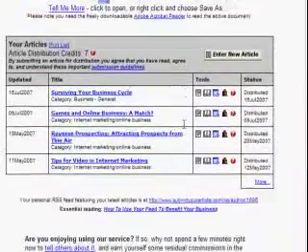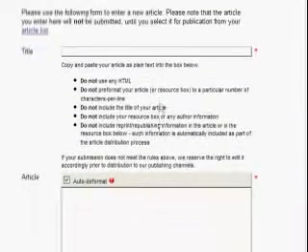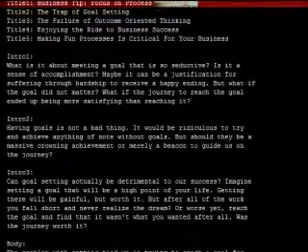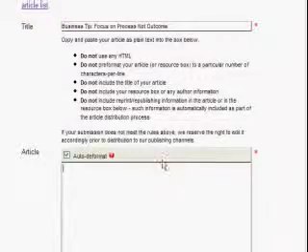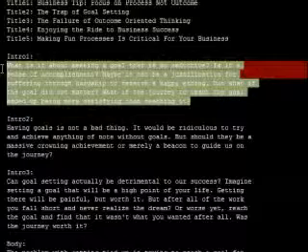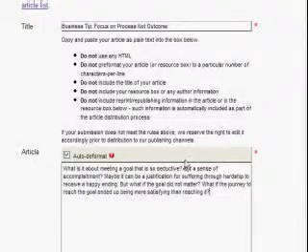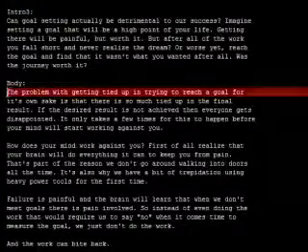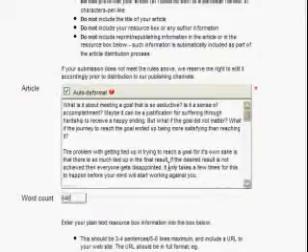And so what I'm going to do is enter a new article here, and it wants my title and my article, and so I'll go over here, I'll select my title, so this is just the first one, and I'll take the article, so I'm going to take my first introduction and put that in here, and then I will take the rest of the article, copy that, put that in here, and it's going to tell me I have 648 words, so I'm good